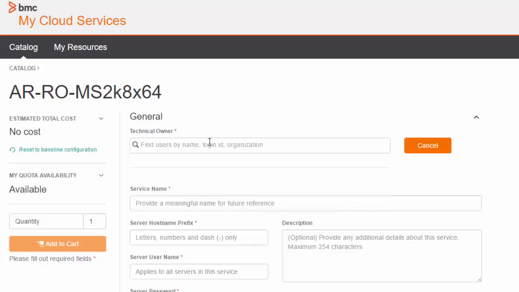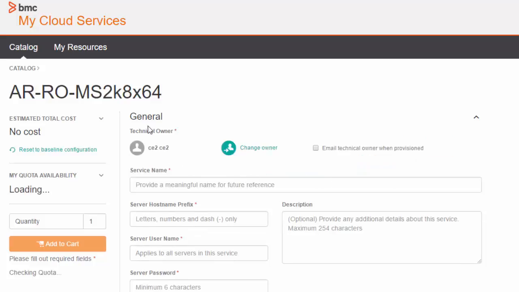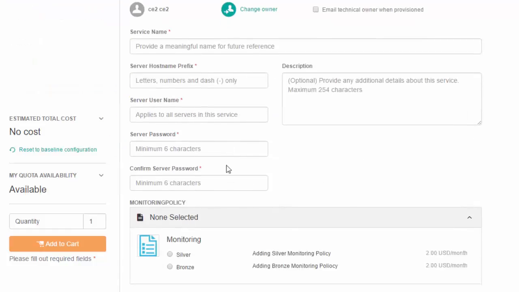In case you would like to submit a request on behalf of a user belonging to another tenant, then go ahead and type either the login ID of that user or the other tenant company name. For example, I'll type demo, which is the other company name, and it's going to fetch all the end users belonging to that company. You can go ahead and select that, and here you can see that the technical owner has been changed from my own end user to the user you have selected, and then later you can go ahead and fill all the details and